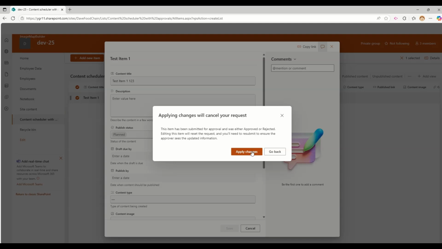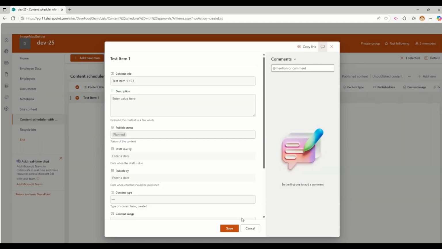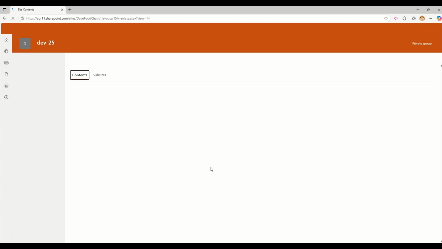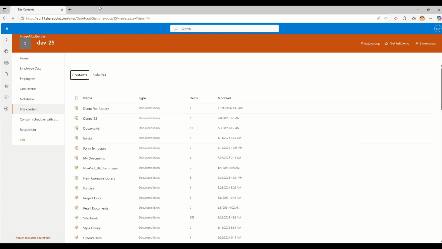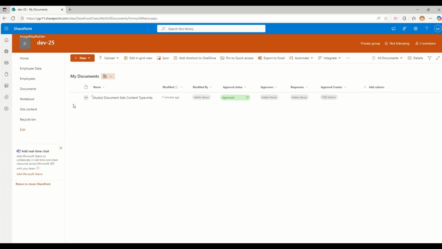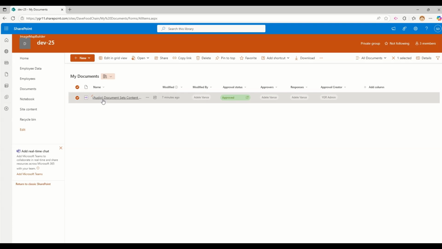So basically, it's resubmitting or reinitializing the whole process because we don't want to make any changes to the approved item. Okay, so when I click on, let me just go back in this case, and that same thing will happen in that particular document as well. Let me just go in that particular document library one more time. So here is our document library that we created, my documents. And if I go and try to edit this particular item as well,